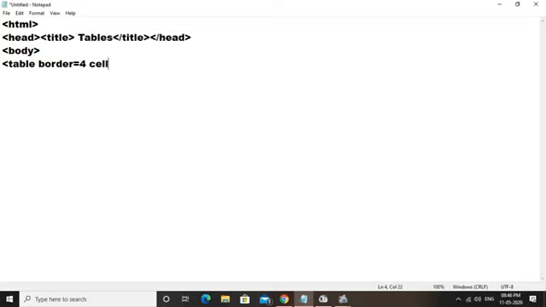Fine, cell spacing equals 2 pixels by default, but we can take 5, and then cell padding equals 5. Fine, and align equals center. Now this is the table tag.